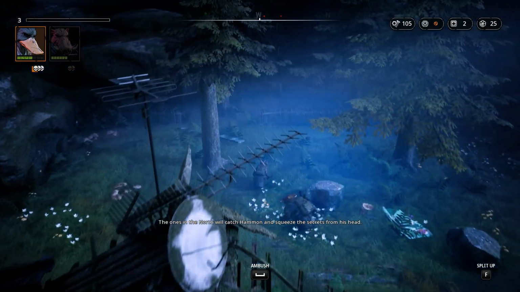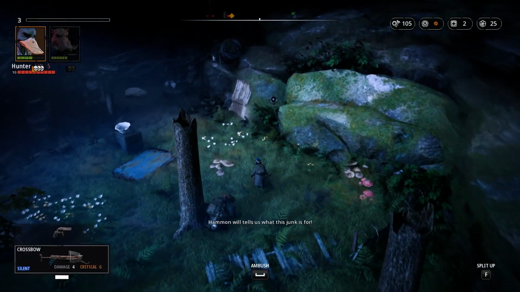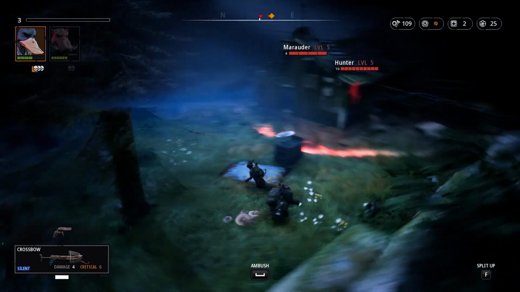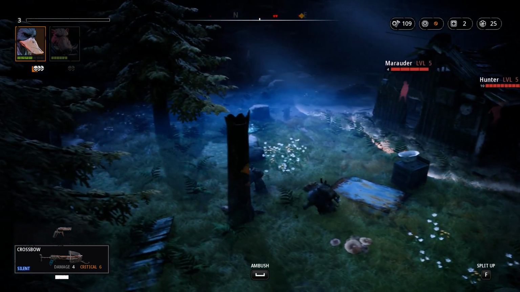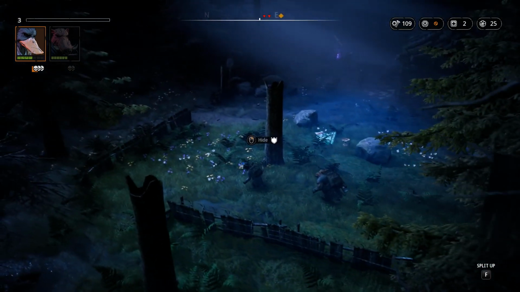The ones in the north will catch Haven and squeeze the secrets from his head. Oh, scrap over there. Tells us what the junk is for. The junk is for us. All of it. Okay, so in terms of our... Ooh, he's coming this way. He's coming this way. In terms of our priority...